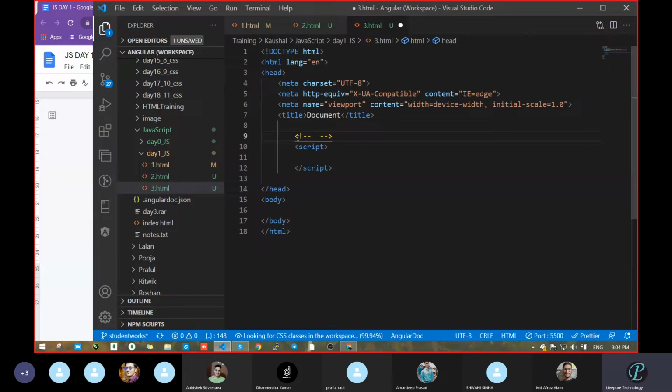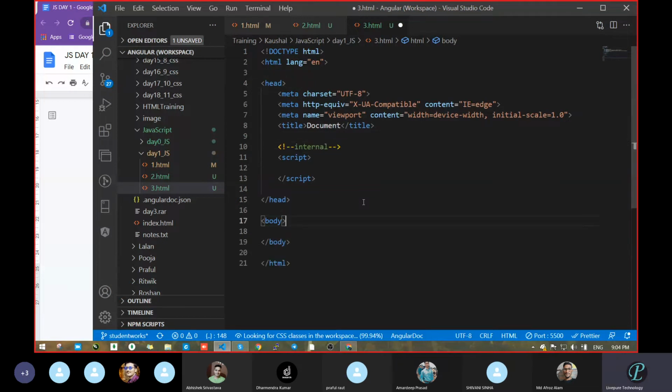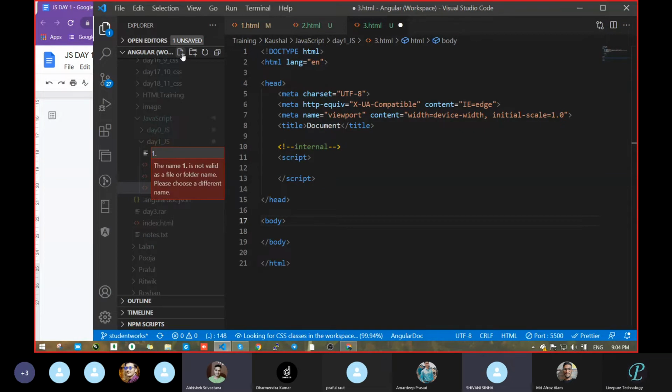Internal. Correct. Now, if I want to write external, how will I write? We link the file, like the CSS file link.